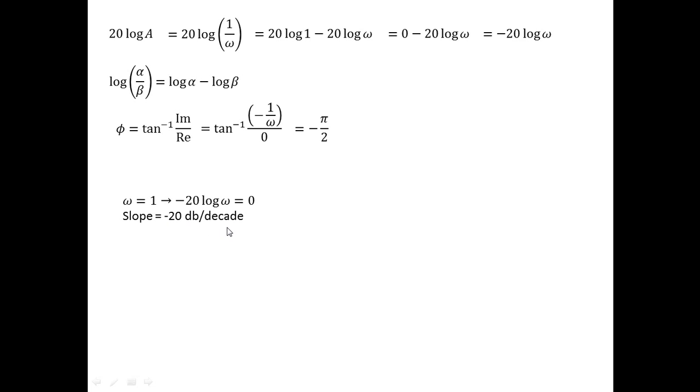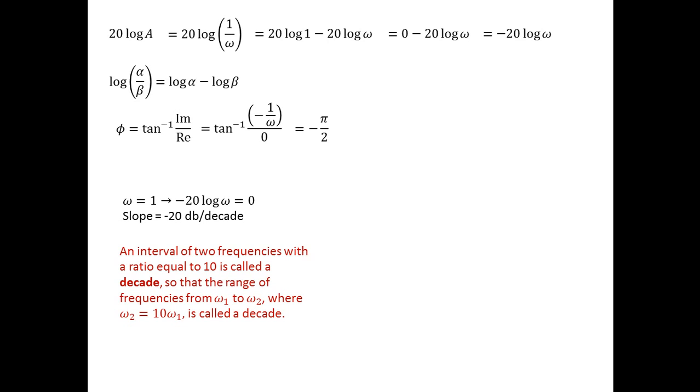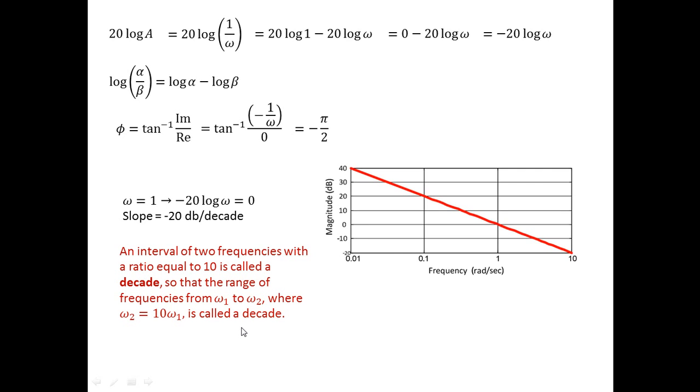It's worth defining a decade. An interval of two frequencies with a ratio equal to 10 is called a decade, so that the range of frequencies from omega 1 to omega 2, where omega 2 is 10 omega 1, is called a decade. So if I want to plot the magnitude plot, as you see, at omega equal to 1,